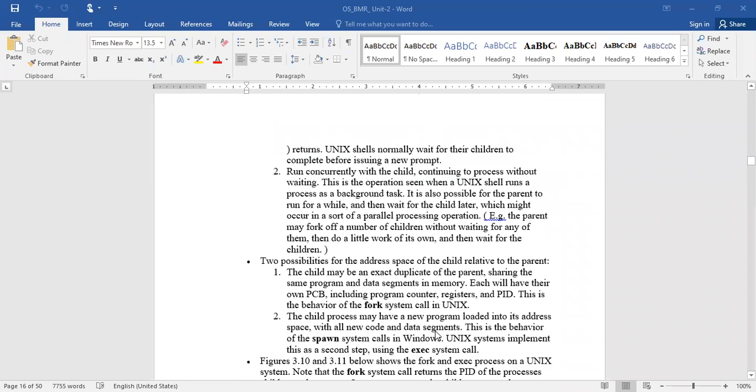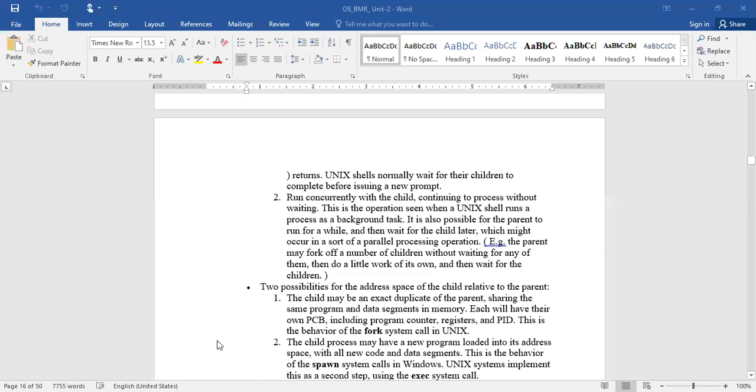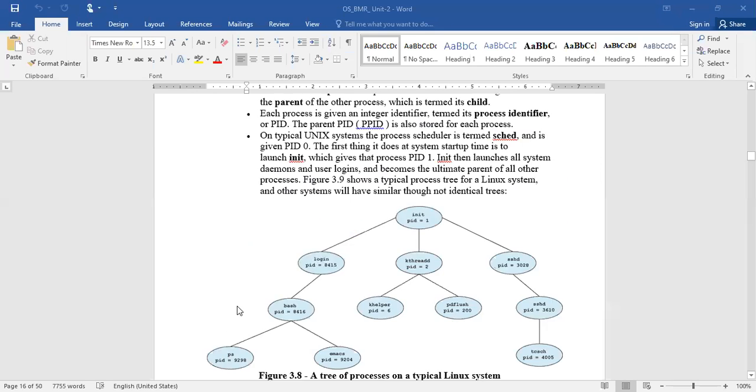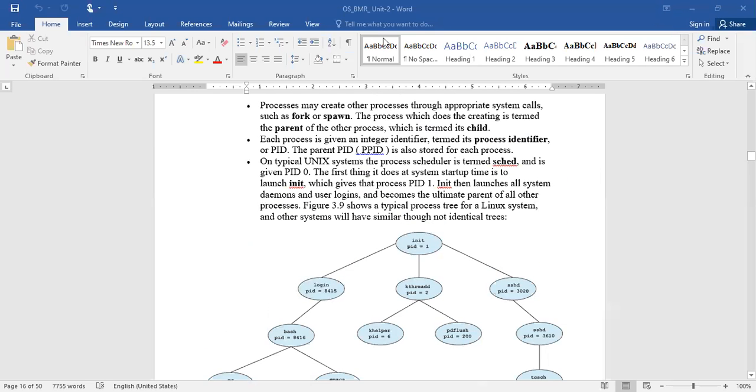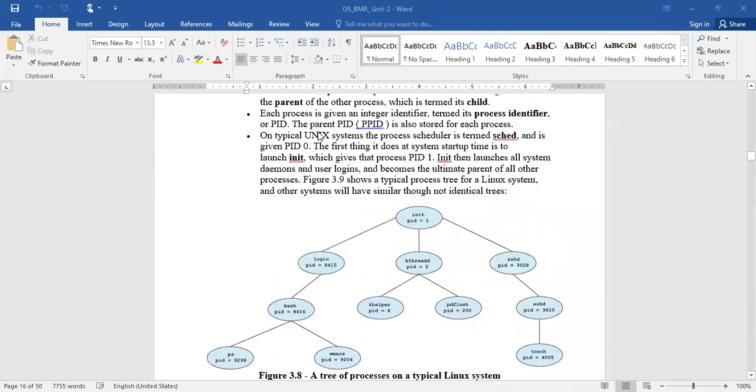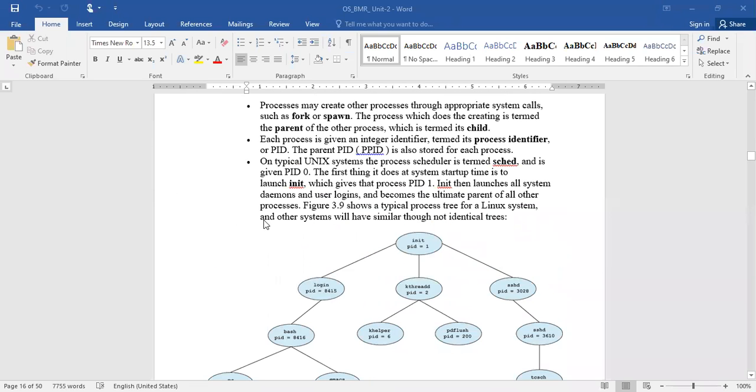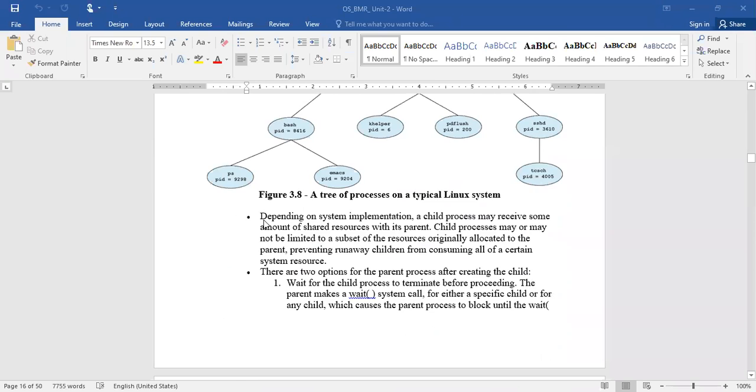Another important point is that fork and spawn are two different system calls which are used for creating a process. Fork and spawn. Now let me differentiate these two system calls.